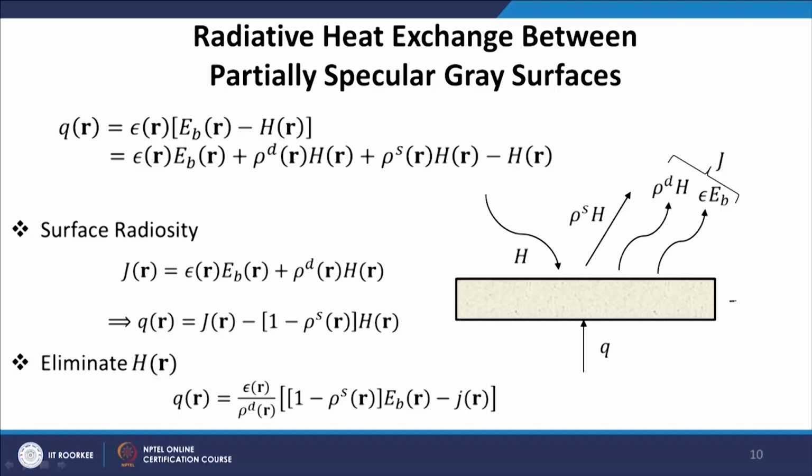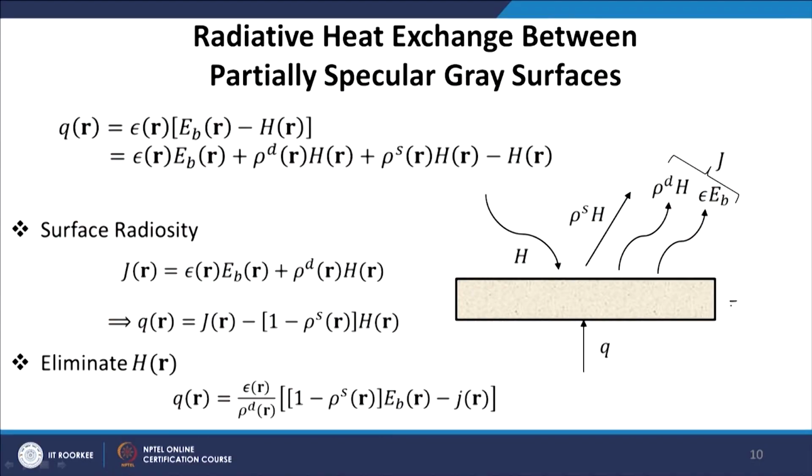So, that is why the specular view factor can be greater than 1. Now, based on this information and this knowledge of view factors for specularly reflecting surfaces, we will solve for heat transfer between these surfaces. The theory is pretty much similar to what we have done for diffuse surfaces.